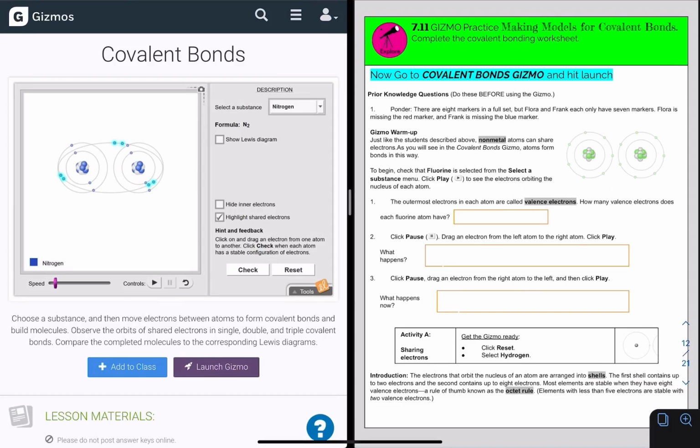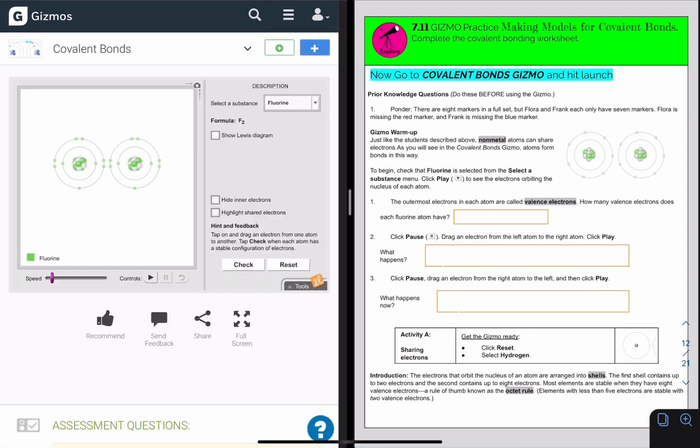In this section, we're going to be making models for covalent bonds using this gizmo. Follow the instructions on Canvas to set up your account and use the class code to join. Once you've got all that set up, you're going to hit Launch Gizmo. The first part of this is just a prior knowledge question, so this is something you think about before actually